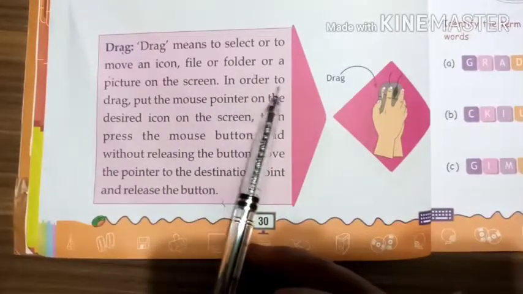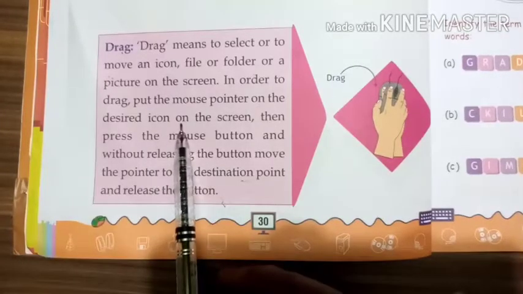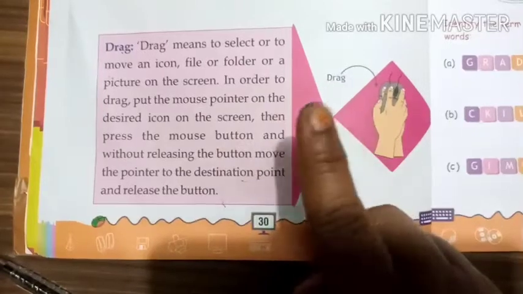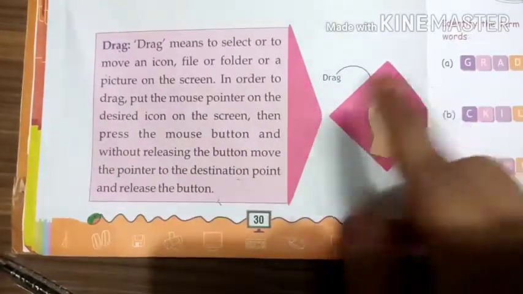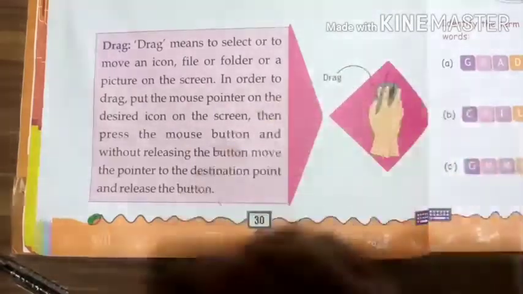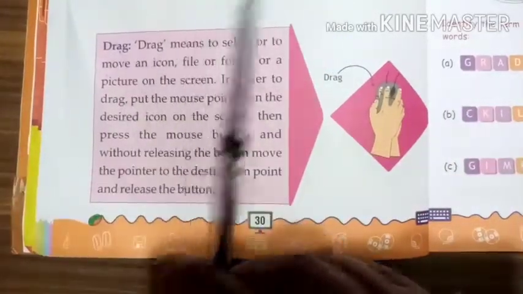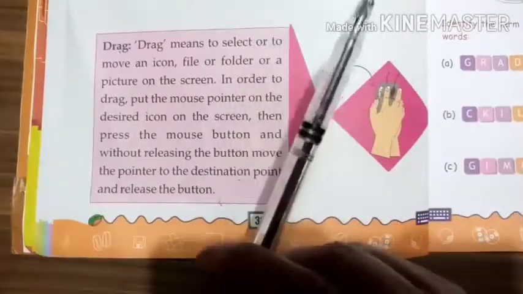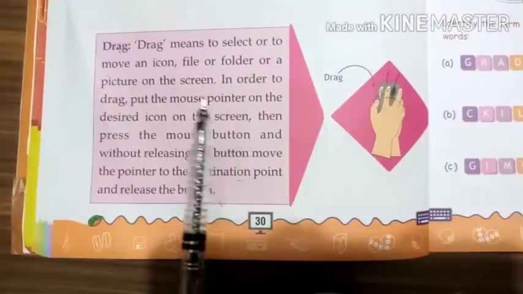In order to drag, put the mouse pointer on the desired icon on the screen, then you just press this left button, and without releasing it, move the mouse. The pointer is moving and your icon is also moving, and where you want to place it, you have to just move the icon to that place and release the button. That process is called drag.